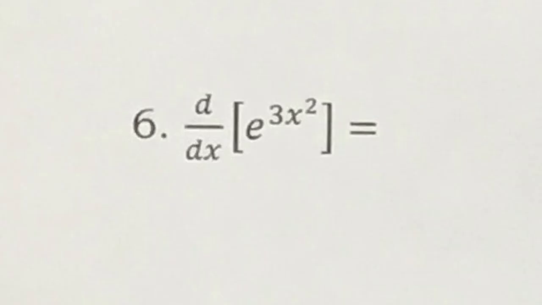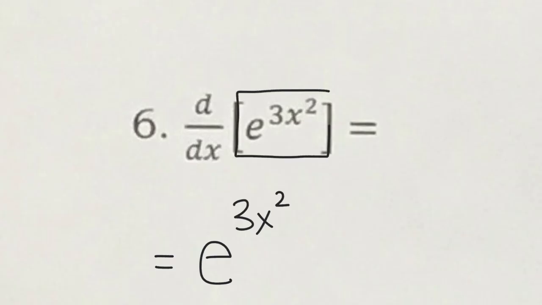Okay, number 6. This is just an exponential derivative. So you need to memorize how to take the derivative of an exponential. The fun part is the derivative of an exponential is itself. Whatever we see here, the first part of the derivative is that exact same thing. Now we multiply that by the derivative of your power. And the derivative of 3x squared is